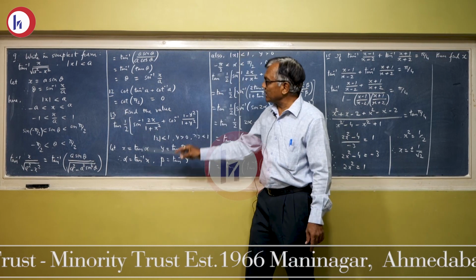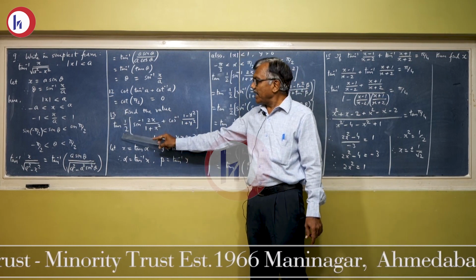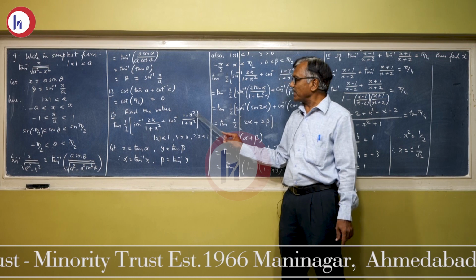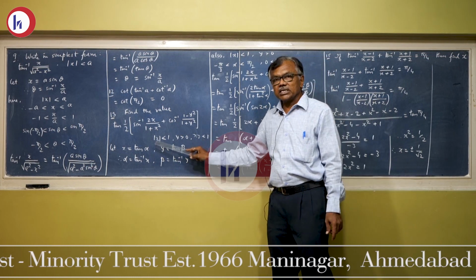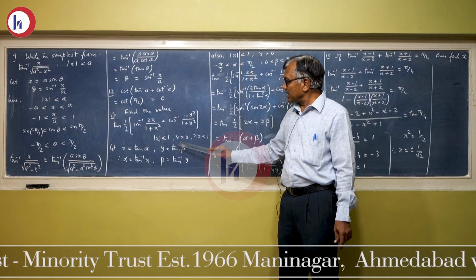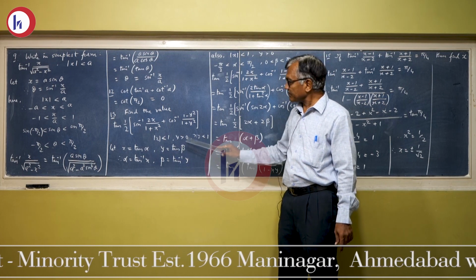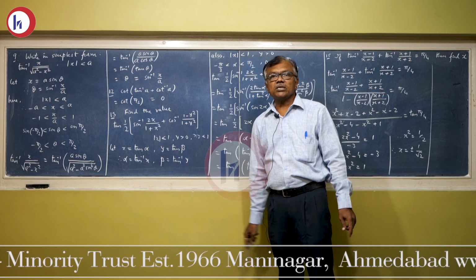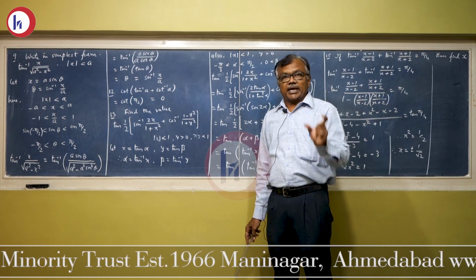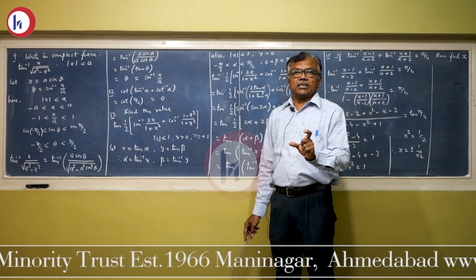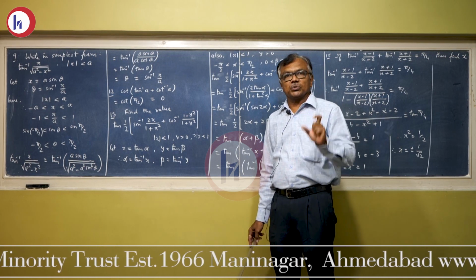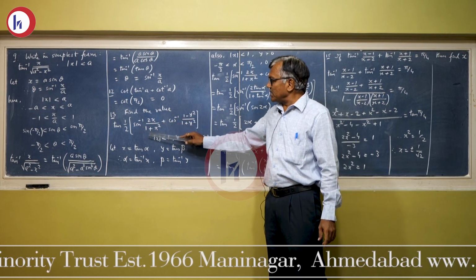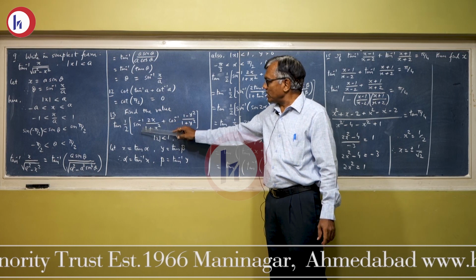Let us see one more example, 13th example. Find the value of tan of 1 by 2 into sin inverse 2x upon 1 plus x square plus cos inverse 1 minus y square upon 1 plus y square. Condition given that mod x is less than 1, y greater than 0, xy is less than 1. Keeping all these conditions in mind, in the 11th standard you have studied some formulas: sin 2 theta equals to 2 tan theta upon 1 plus tan square theta. Similarly cos 2 theta equals to 1 minus tan square theta upon 1 plus tan square theta. So looking at this, you must come to know what is to be assumed.